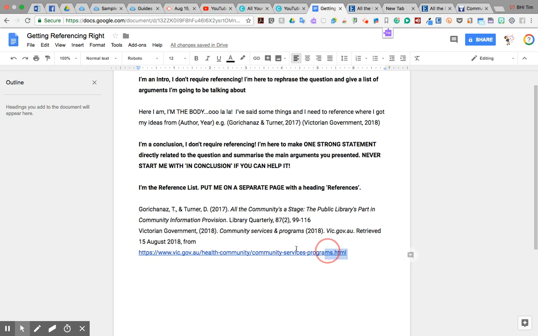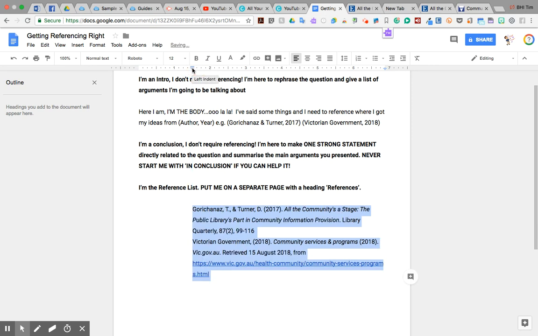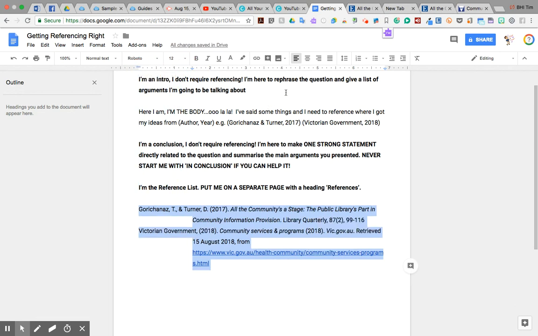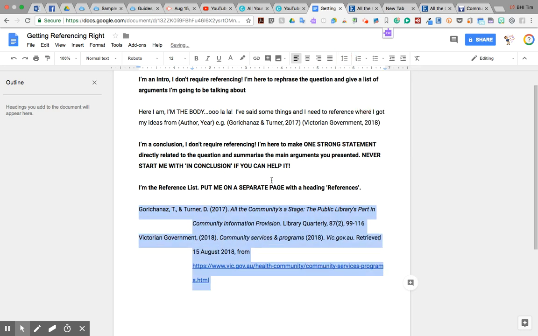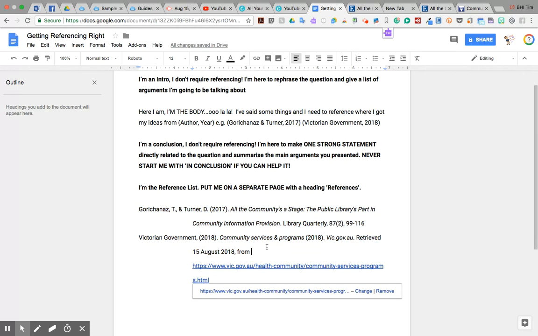Now, for the end of text referencing, once you think you've got all the end of text referencing in there, you highlight it all, and in your ruler up the top, you want to actually drag across to 1.5 and everything will come across, and then take the top square and bring it back to 0. The next thing you want to do while it's still all highlighted is find your line spacing and change it to double. Now that there is a perfect reference list. It's double spaced. There's an indent. The indent can be between 1.25 and 1.5, and it's perfect.